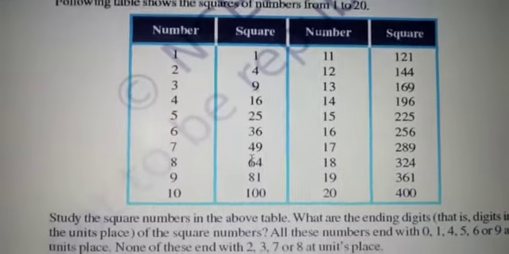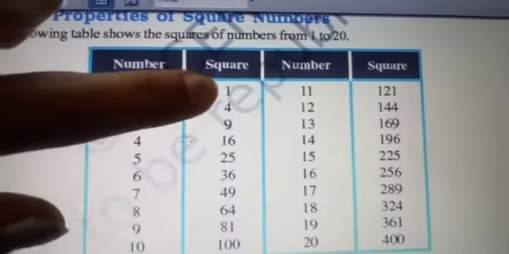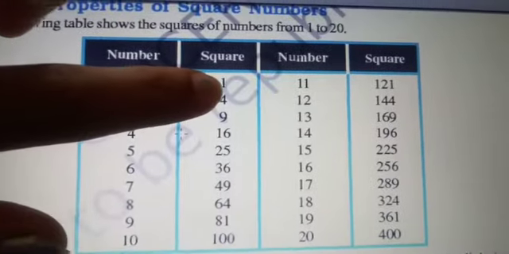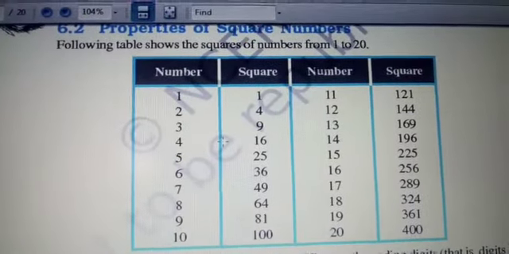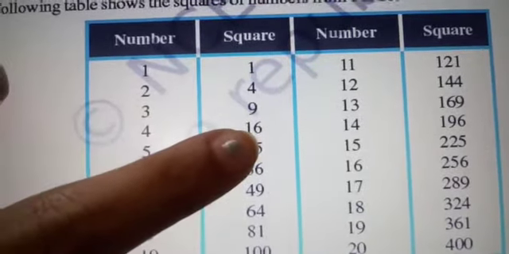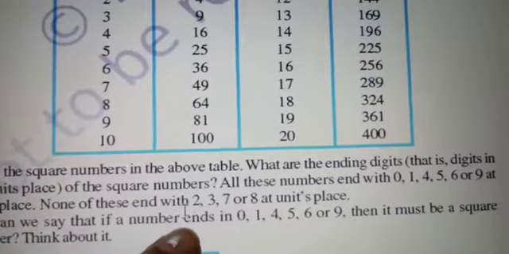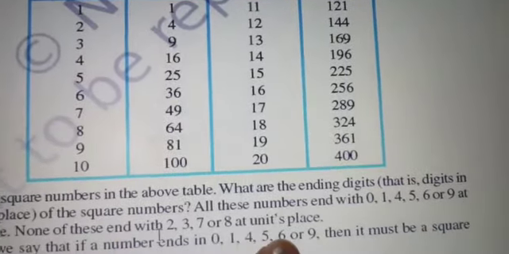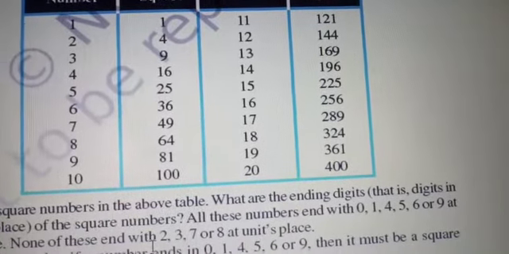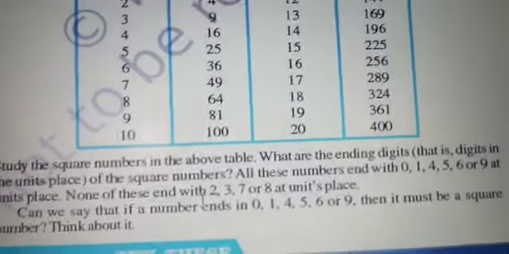Okay, so when you are seeing the square numbers, we will get one idea that in a square number the last digit, which means the ones place, will always be 1, 4, 9, 6, 5. See, 0 also will be in the ones place. So see, it is given: we can say that the number ends in 0, 1, 4, 5, 6 or 9. If these digits come, then that given number can be a square number. So we can check like that.